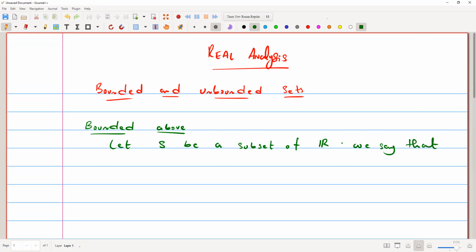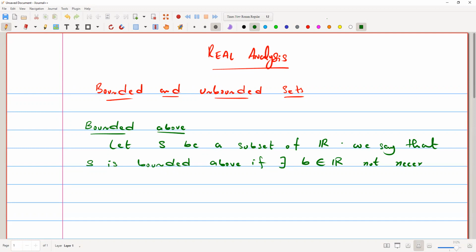we say that S is bounded above if there exists, so this symbol is for there exists, a real number, or if there exists, we can say that if there exists a number B belongs to R, and it's not necessarily